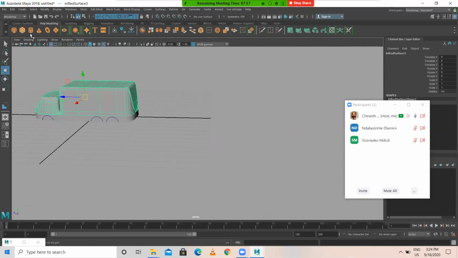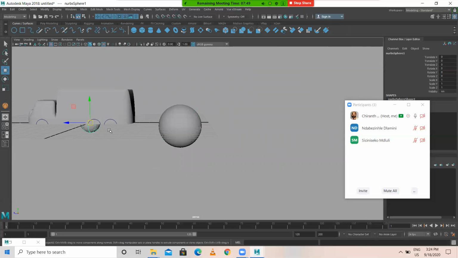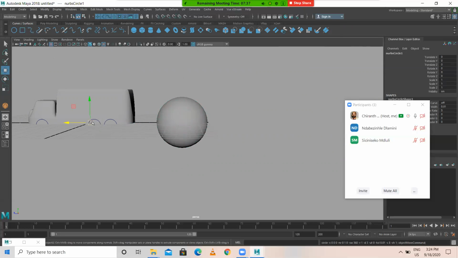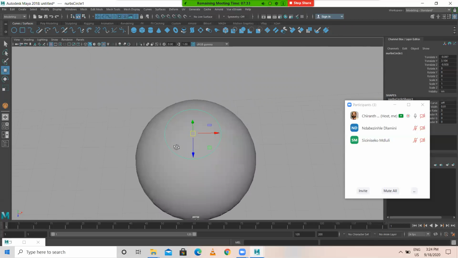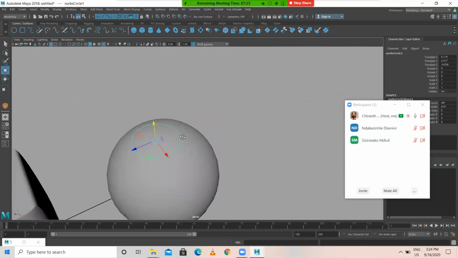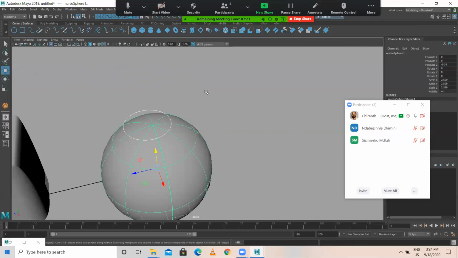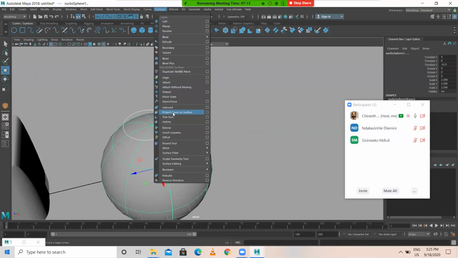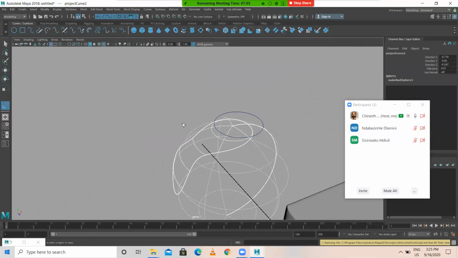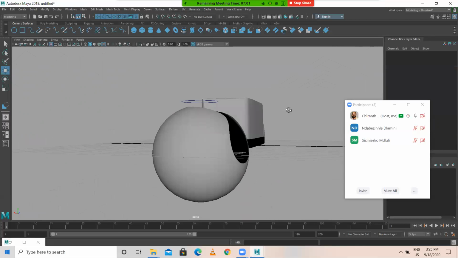So basically, okay, trim tool is working here.